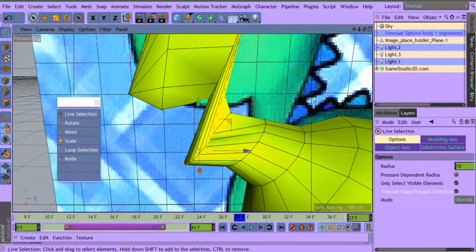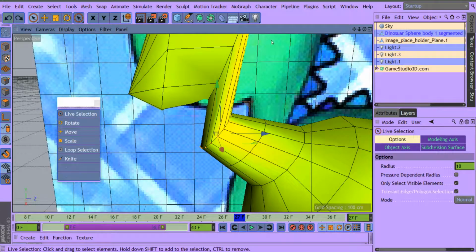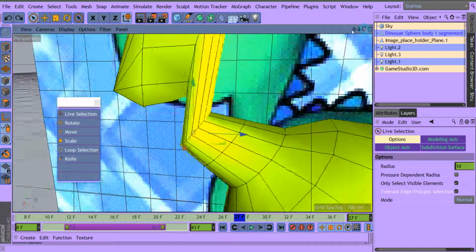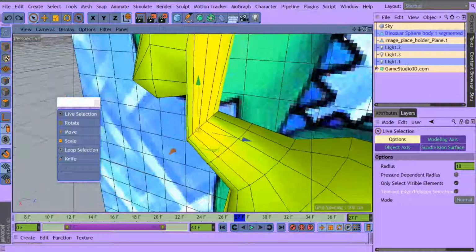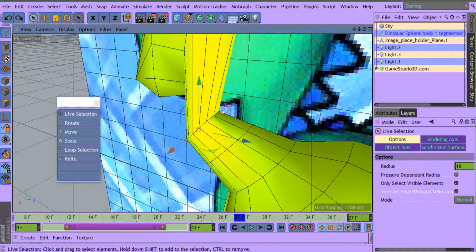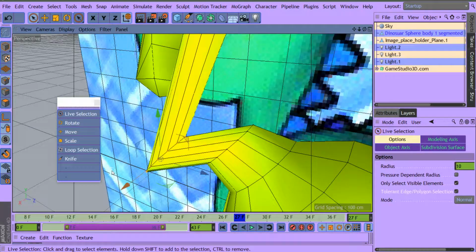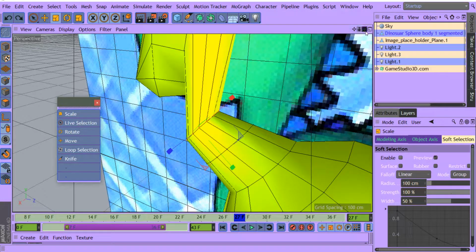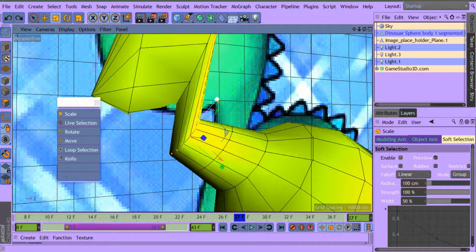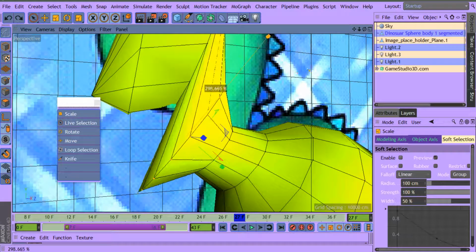So I can undo that if I wanted to keep all of these kind of in the position they were in. And I can hold the shift key down and run my selection tool over those points, and then I can see, oh yeah, I got them this time, and then undo that. And then with the scale tool, I can scale these out on the Z again, like so,